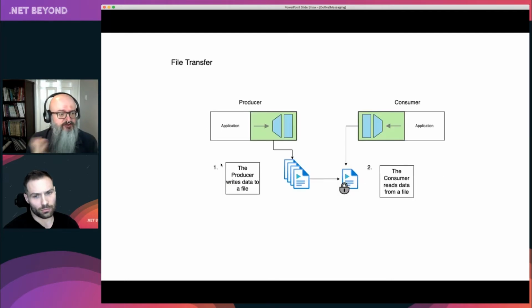All right, so let's look at some integration styles and let's see how they fit into this classification scheme we've given. So first one, the oldest one in the book, is file transfer, right? Producer writes some data to a file, so a process or an application says, I'm going to write some data to a file, and later on another consuming application comes and reads data from that file. This goes back to mainframes, right? And loading tapes onto mainframes that one writes to, then you take it off, and another one then reads from it, right?